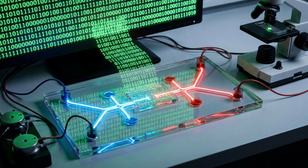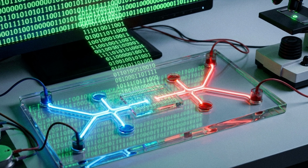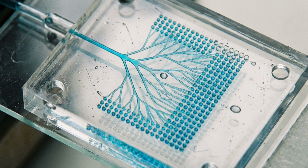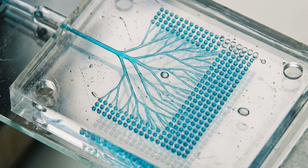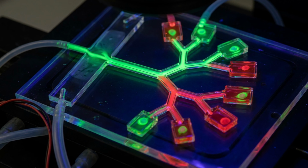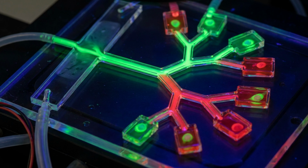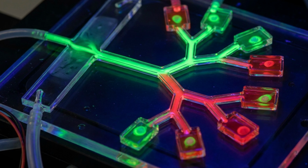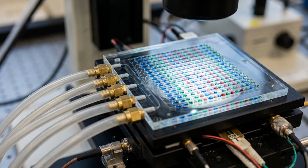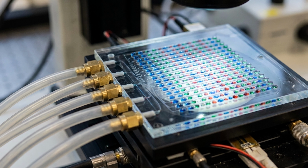Much like the binary logic architecture that drives electronic integrated circuits, fluidic multiplexers permitted the complex routing of fluids across hundreds of individually addressable reaction chambers, using only a minimal number of external pneumatic control lines. Specifically, a multiplexer operating as a binary tree allowed the control of numerous independent fluid channels with only a logarithmic number of control inputs, directly enabling high-throughput screening applications where single cells or molecules could be isolated and analyzed in